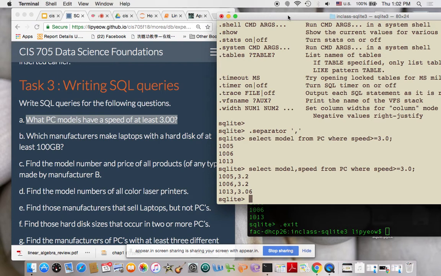Okay, we're going to keep going, otherwise we're running out of time. Second query. Select. What tables do we need? Laptop. Laptops and products, because it has the maker. From laptop